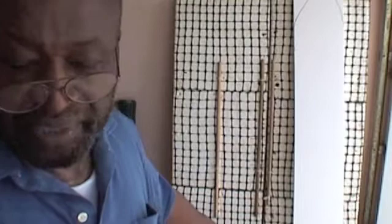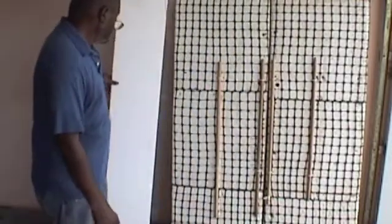So we have the netting, and we just tie this on with, like we said before, these little zip locks, or you can use cord and tie this on through the netting, and you got some speed. You can see that, it's one here, one there. So we can compensate a little bit for speed. In fact, we can compensate for almost anything. We can put sails and all this stuff on these shoes, but